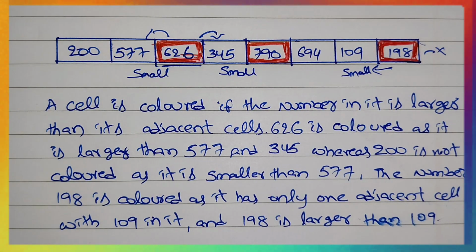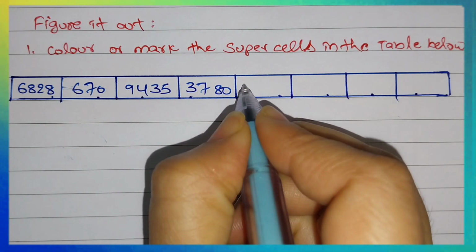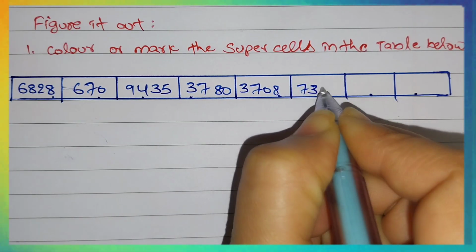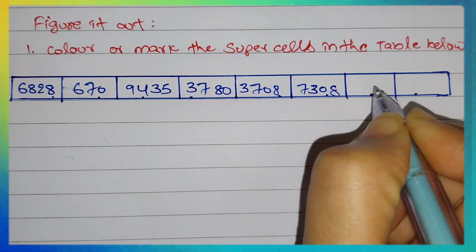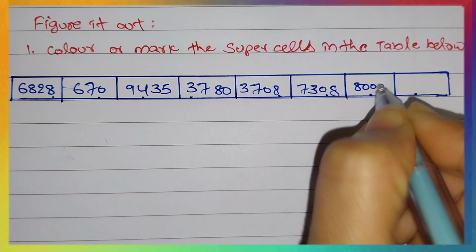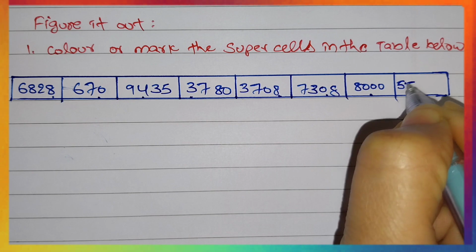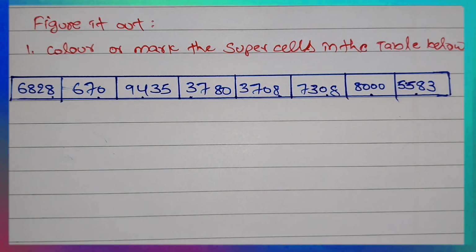Here you have to remember one thing. Two supercells cannot be adjacent to each other because that would mean both numbers are larger than each other, which is not possible. Now figure it out. The first question: color or mark the supercells in the table below. The given 9 numbers,